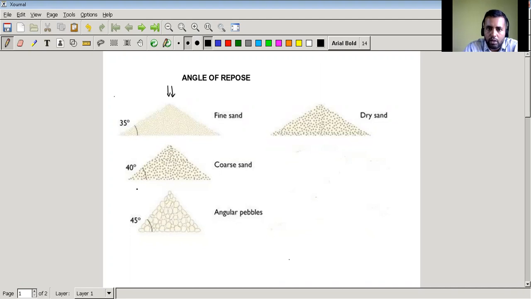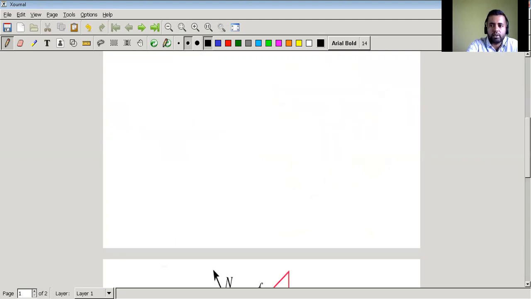Fine. Now moving on, if you see this one, pebbles are there, so again if you keep dropping small-size pebbles, then you can see for a given shape they take this triangular shape, and at this 45-degree angle they settle down, means one small heap you can make of 45 degree. If you add more than that, it will slide away. Fine. Now we are going to understand why that happens. Let us move on and let us see what is angle of repose.